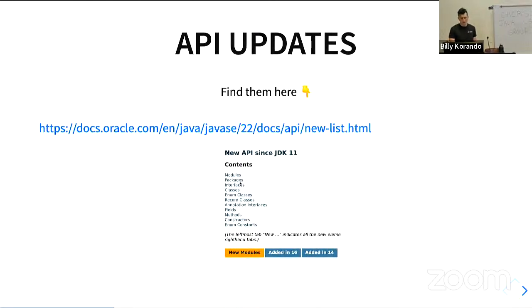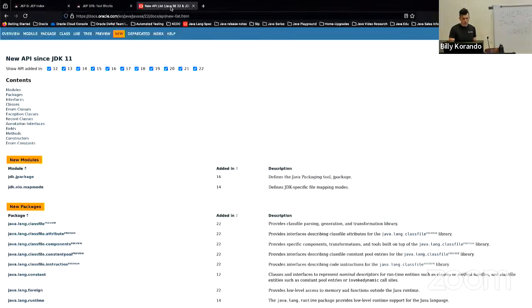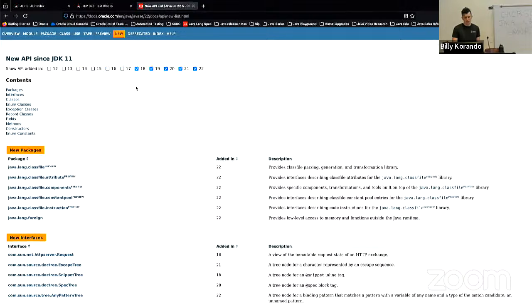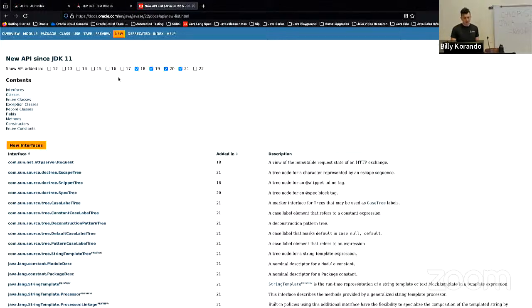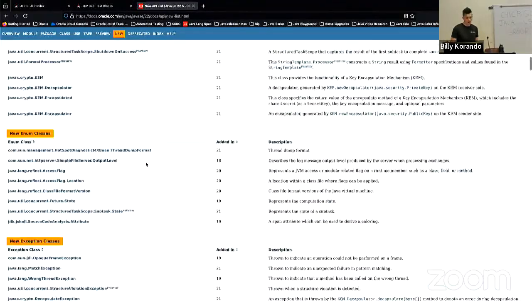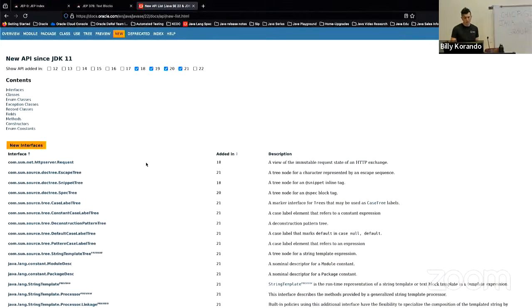Then lastly, as far as a review, there's also the API updates. So the Javadoc team has done a great job. I know a lot of people are already on JDK 17. So let's say you're looking at going from 17 to 21, you can come in here and just select to see, okay, here's all the new API that has been added between 18 and 21. So you can see what is being added. You can also go into deprecated,